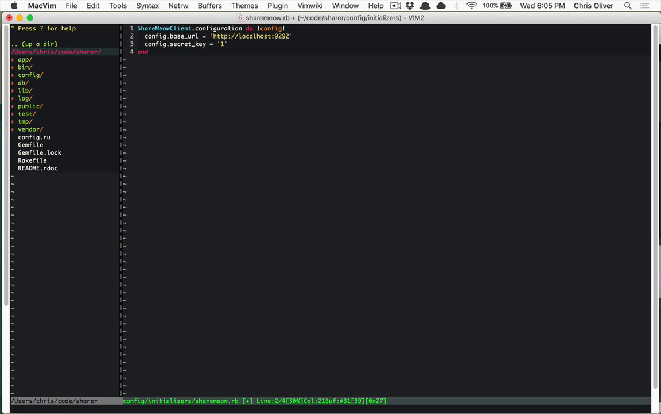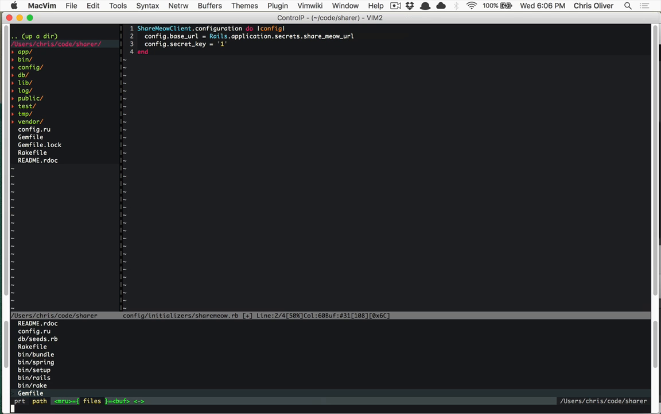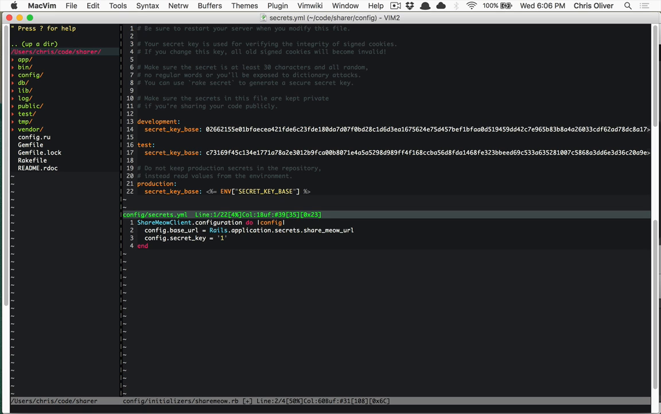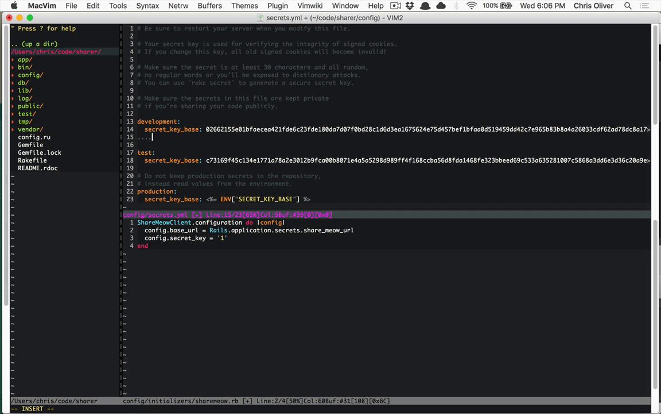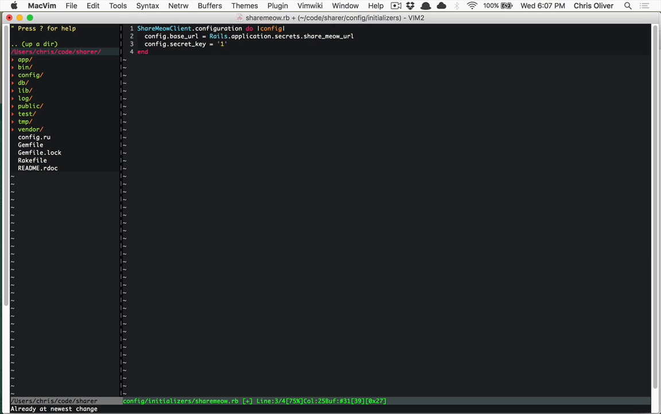If you would like to run different versions of ShareMeow for development and production, you can change this to Rails.application.secrets and say ShareMeow URL. And you could do that instead, and then you could open up your secrets.yaml file and set that to your URL here, and then do the same thing for production to whichever URL you would like. And I'd highly recommend you do the same thing for your secret key, and I'm just going to undo all of this for the example though, and we'll just hard code those